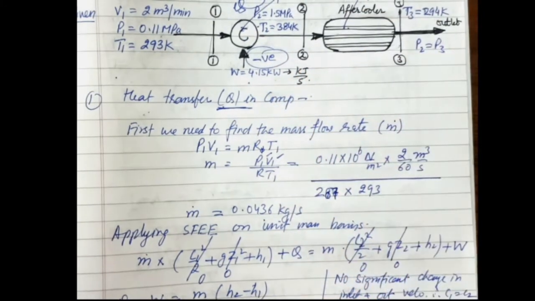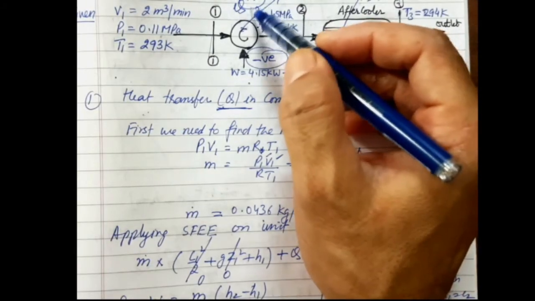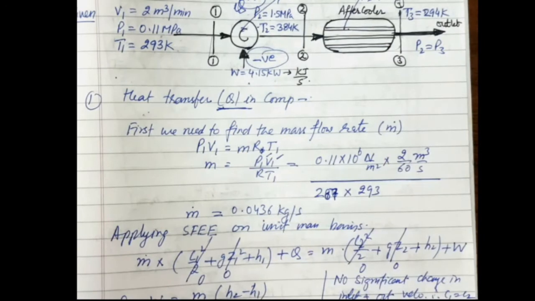So basically what is happening here is that when we compress the air, I told you earlier that we need to compress the air using an isothermal process so the temperature remains constant. So in that process we need to reject the heat to the surroundings through the cylinder walls so that the net work done is reduced. So that is why we get the negative work expression. So here we get the value for the heat which is going out of the compressor.